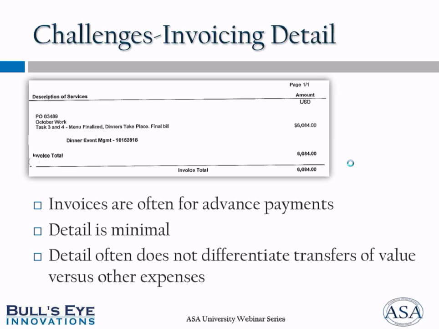And then often the invoices for these events are actually advance payments. So they will include advance payment for managing X number of programs, and then an advance payment for these out-of-pocket expenses or these pass-through expenses, and then later on they're reconciled through another invoice. So that doesn't really help you much when you're looking at the invoice. And then, of course, the detail